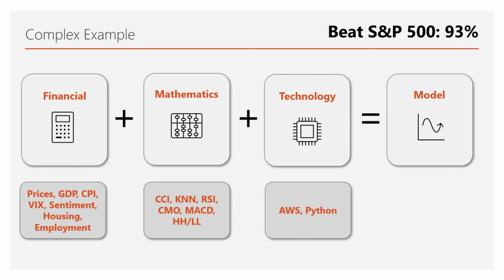Of course, there's the other end of the spectrum, correct? What if we use highly complex financial information, like not just stock prices, market prices? We can use gross domestic product, consumer price index, the volatility index, sentiment, housing starts, unemployment. Really, seriously, we could keep going on and on to figure out more and more information that you could bring into your model. Of course, with some of your advanced machine learning, you absolutely can do that,